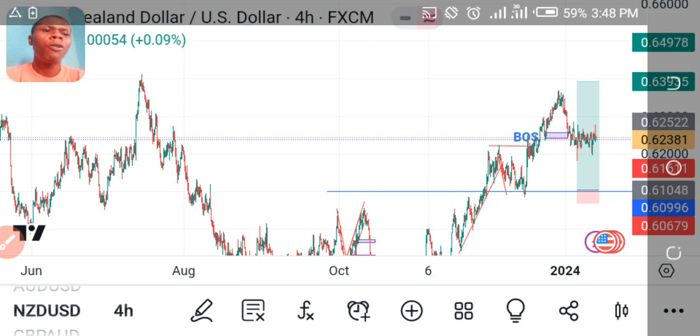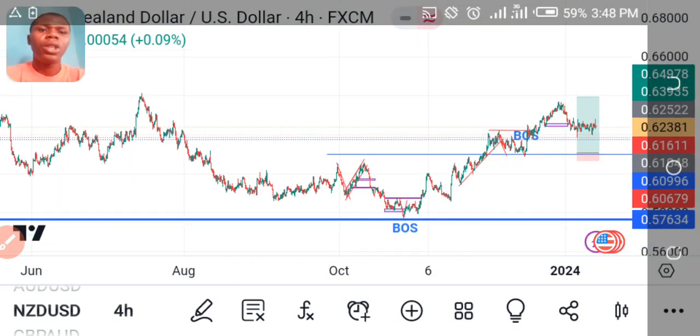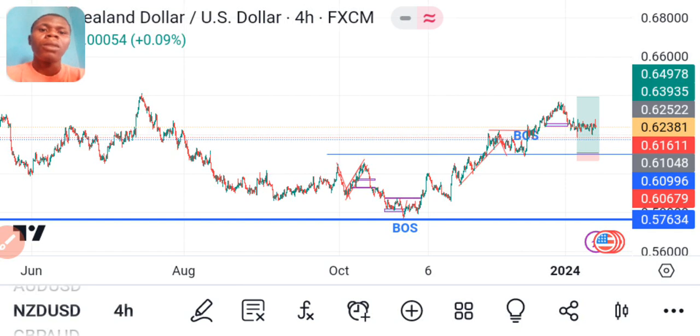Now, when it comes to the 4 hours time frame, I always see it as what the day traders use to trade off of the market, using daily candles and the 4 hours time frame to analyze the market. But when we want to analyze the 4 hours time frame, I would like you to understand something. We don't start from the 4 hours. We need to have an understanding of what the big picture is saying, because I've fallen victim of this